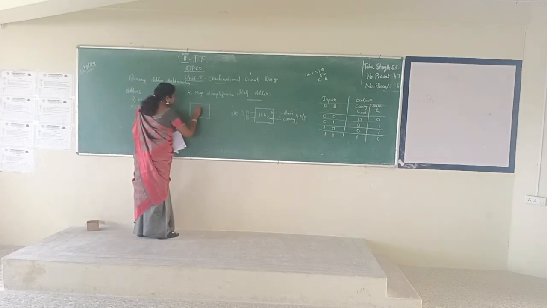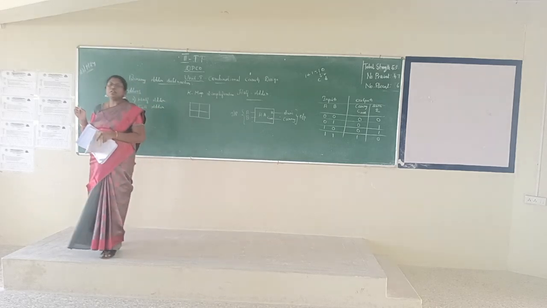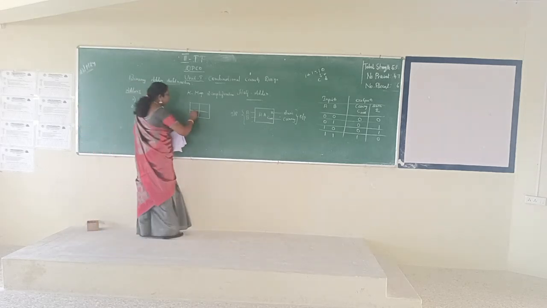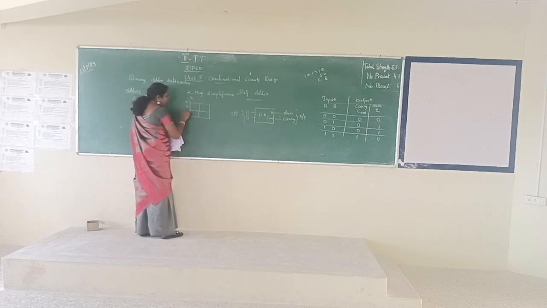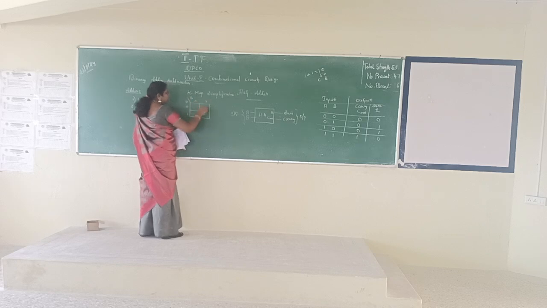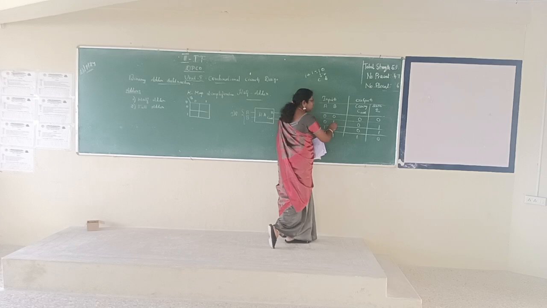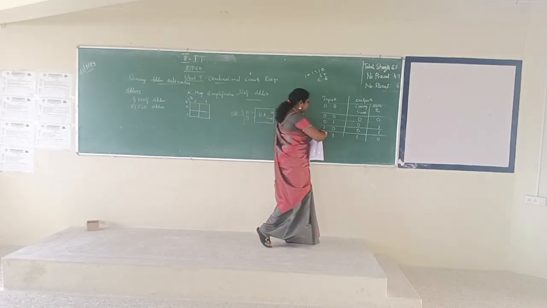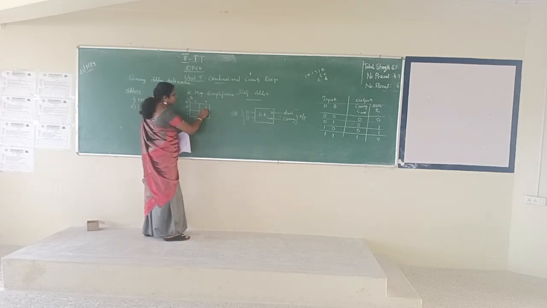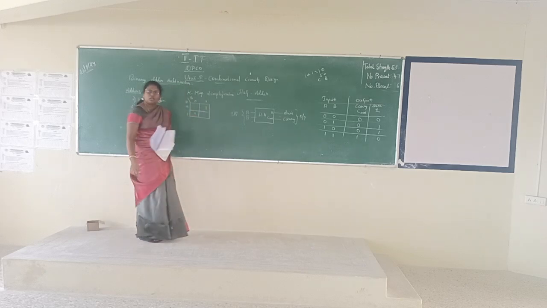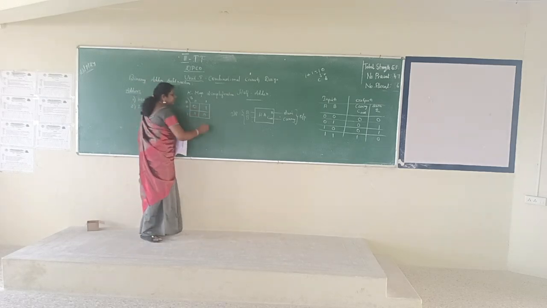So how many inputs are here? 2 inputs. So you need a 2 variable KMAP that consists of 4 cells, right? Then what are possible combinations for A? 0 and 1. For B? 0 and 1. Then for sum, for 0, 1, the output will be 1, as well as for 1, 0, the output will be 1. So remaining 0. What's the next step?